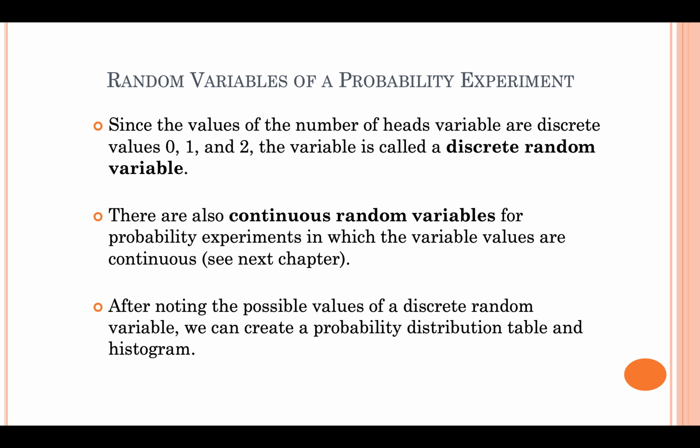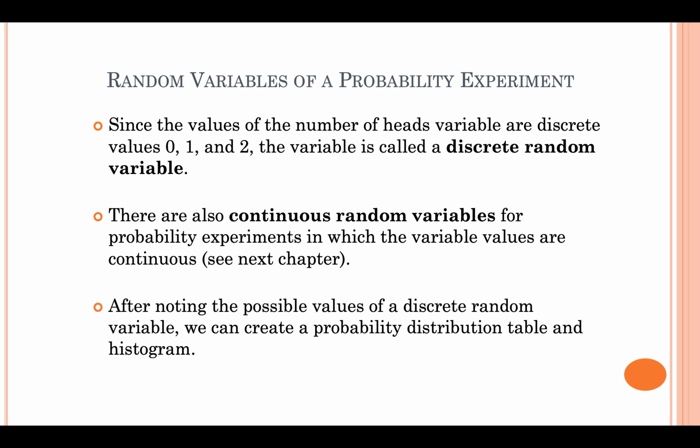After noting the possible values of a discrete random variable, we can create a probability distribution table and histogram. So once we've established that the values of x for this experiment, flipping a coin twice, are 0, 1, and 2, we take those values of x and we create a probability distribution table,